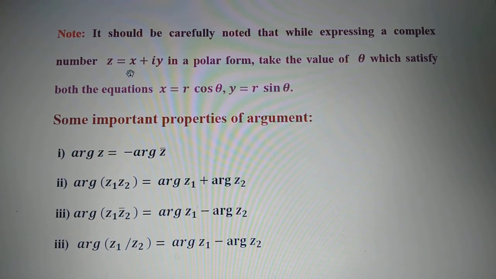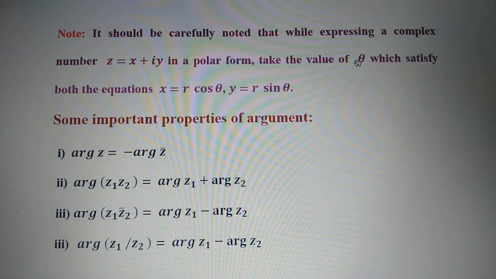If that complex number z is x plus iy, then the polar form is r into cos theta plus i sin theta. You have to substitute the values of r and theta there, and r can be obtained from the formula under root x square plus y square. Already we have the values of x and y, so we can find r, which is equal to the square root of x square plus y square. But how to find theta?